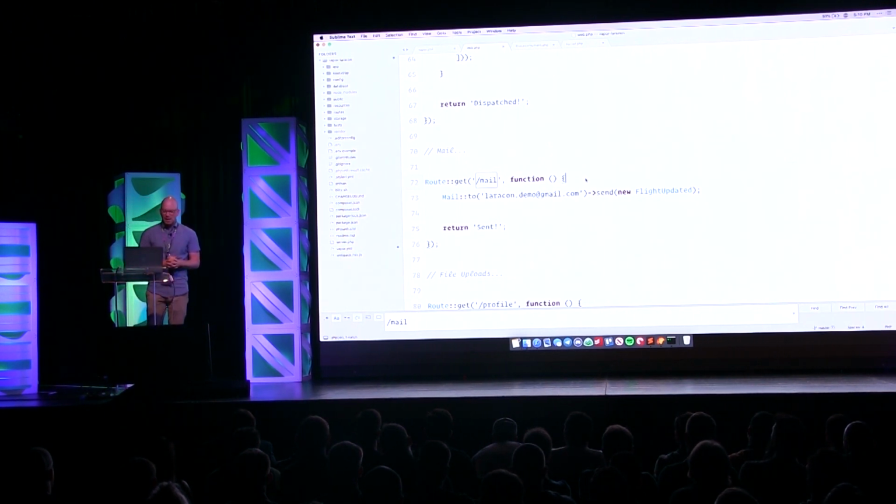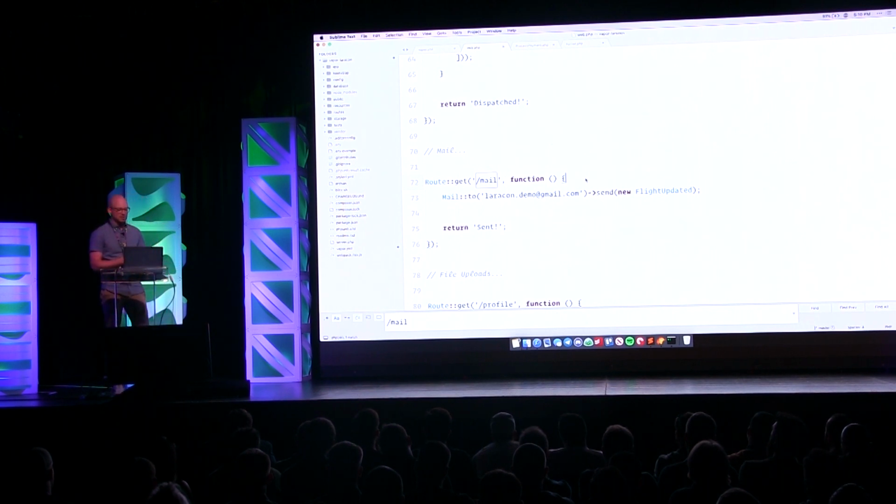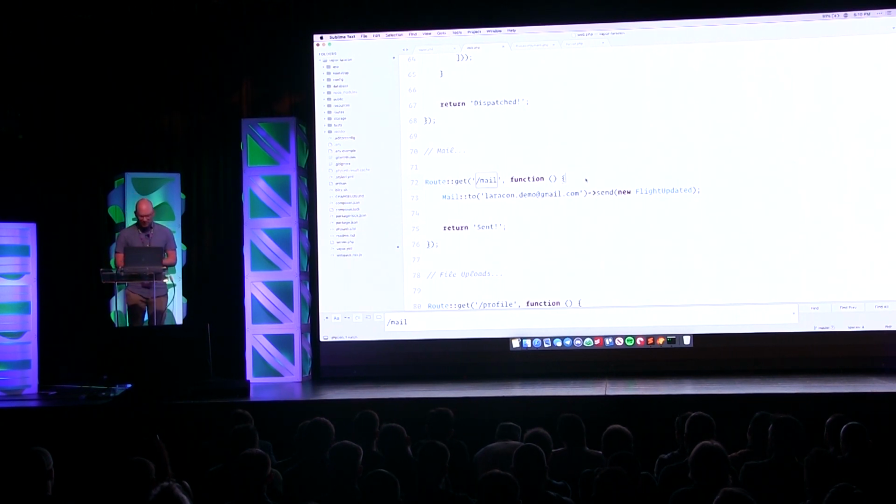How you do that is Amazon S3 has a feature called pre-signed URLs, which are very similar to signed URLs in Laravel, where we can ask the Amazon SDK in PHP to give us a pre-signed URL that allows us to upload a file onto S3, and then we can just push that file up using that secure URL, which maybe expires after a given time. So there are a few moving pieces to make this happen.